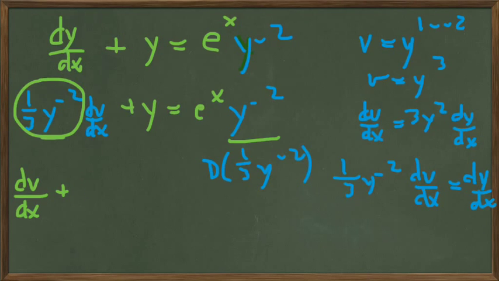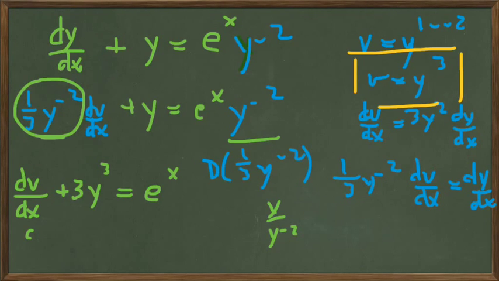The next term, when we divide through by 1/3 y to the minus 2, gives us y cubed, and dividing by 1/3 gives us a 3 there. So v was y cubed, and it's showing up in the second term. This left-hand side can be rewritten as dv dx plus 3v equals e to the x, which is